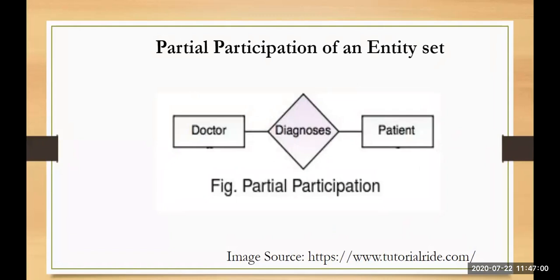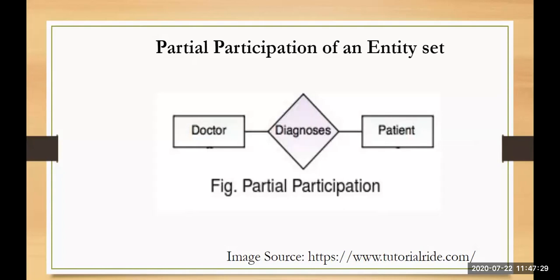For example, we can say you have a doctor and you have a patient and the relationship between them is diagnosis. When I talk about the doctor, if he is visiting for 2 hours in different clinics, he is giving a partial participation. He is not giving complete participation. He is not at one place for a long time. He keeps moving to different clinics for maybe 1 or 2 hours depending on the doctor's timings, and so the participation is partial here.